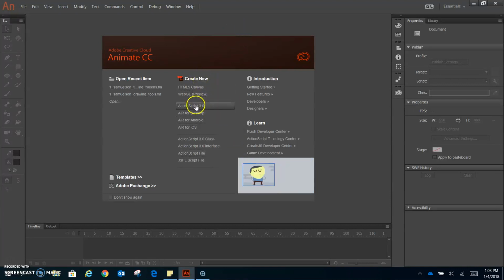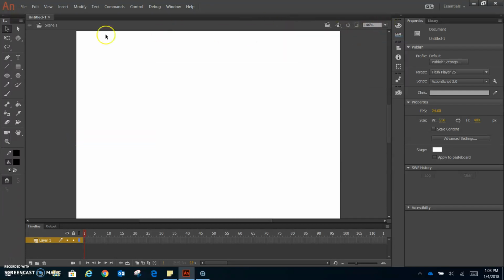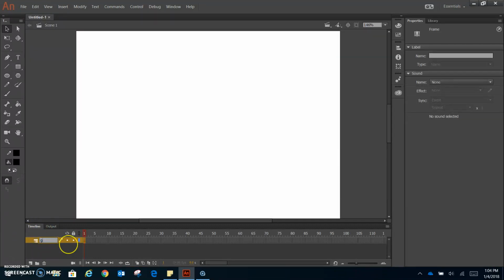I'm going to create a new ActionScript 3.0 file, and I'm going to allow my properties to stay at the default, which is 24 frames per second, and my stage size is 550 by 400 with a white background. I'm going to use my little zoom feature here to show frames so that my entire stage is as big as possible without missing anything. And I'm going to use my first layer on the timeline, and I'm going to go ahead and call it